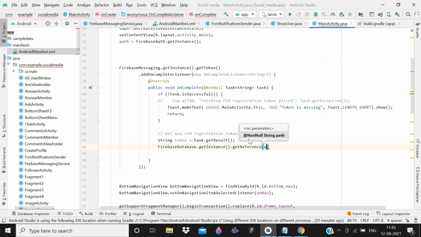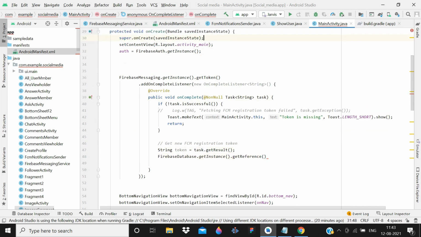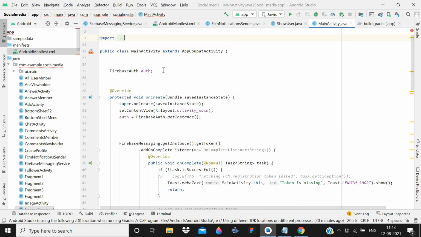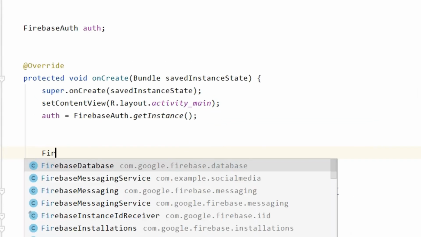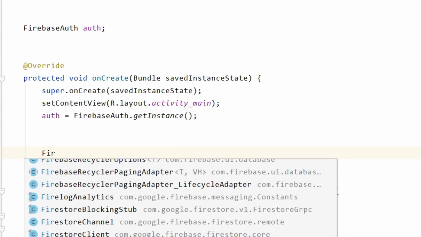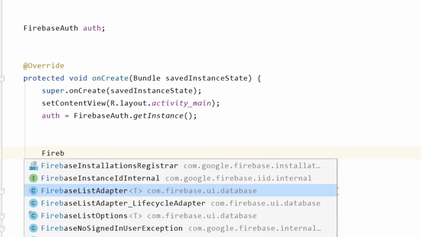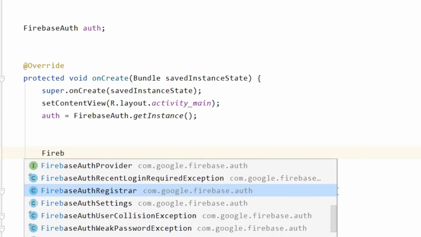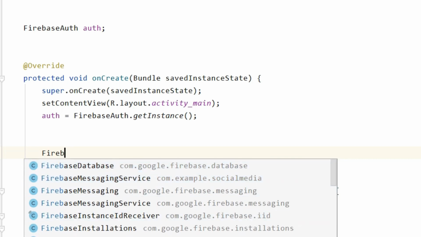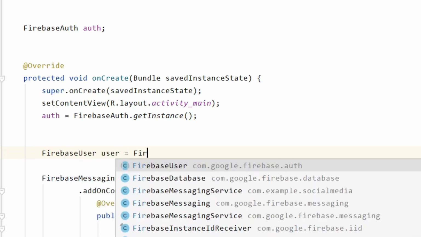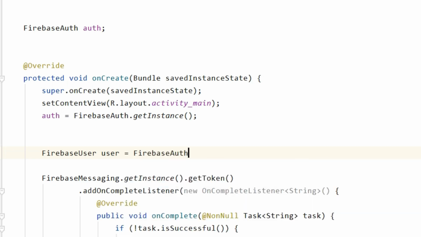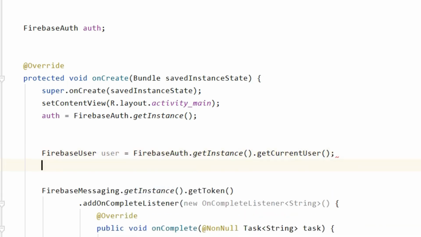the current user ID, or I mean we need the current user ID here, so we are not retrieving any random ID. So simply write FirebaseUser user equals FirebaseAuth dot getInstance dot getCurrentUser semicolon, then String, and that is going to be uid equals user dot getUid semicolon.